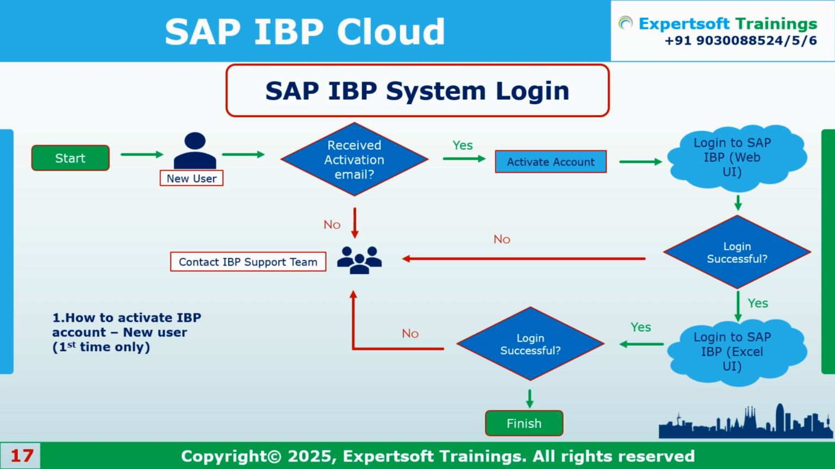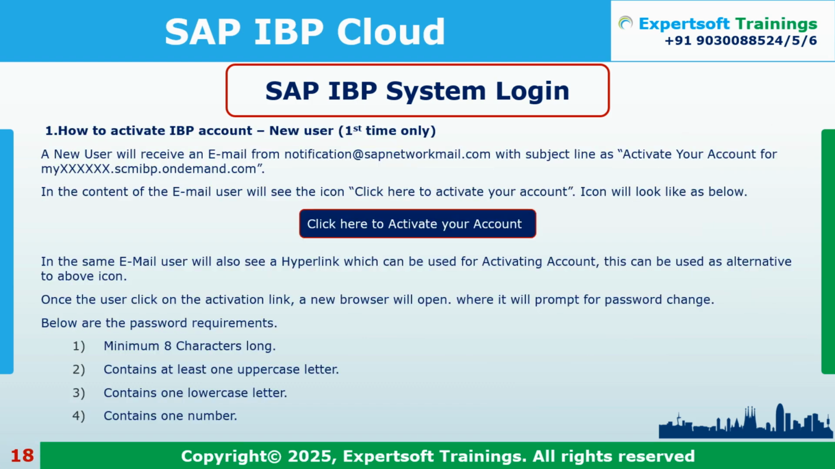Okay, so this is how the sample mail looks. Once you add your ID into the IBP instance, you will receive this kind of mail. Once you receive this mail, you need to click on this activate account. Once you click on the activate button,